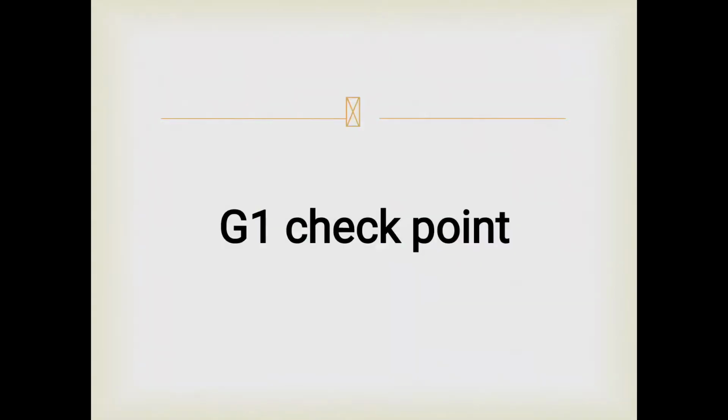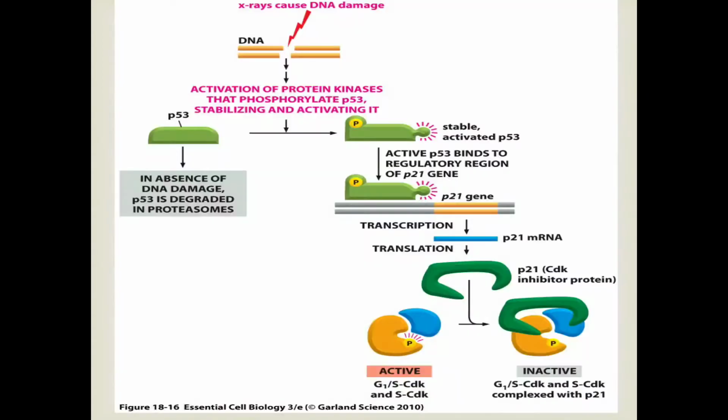clear. And in G1 checkpoint, G1 checkpoint ਦੇ ਵਿੱਚ ਕੀ ਹੁੰਦਾ ਵਾ ਅਗਰ ਕੋਈ ਵੀ ਕਮੀ ਆਉਂਦੀ ਹੈ, G1 checkpoint ਦਾ ਕੰਮ ਕੀ ਆ ਕਿ ਅਗਰ ਕੋਈ ਵੀ ਕਮੀ ਆਉਂਦੀ ਹੈ ਲਾਈਕ DNA ਡੈਮੇਜ ਵਗੈਰਾ, ਅਗਰ ਹੋ ਰਿਹਾ ਬਾਈ ਐਨੀ ਕਾਈਂਡ ਆਫ ਐਕਸ-ਰੇਜ਼, ਸੋ ਉਹ ਕੀ ਹੈ that will activate the protein kinases that phosphorylate the P53, stabilizing and activating it. ਤਾਂ P53 ਨੂੰ ਕਹਿ ਲਓ ਕਿ ਉਹ ਐਕਟੀਵੇਟ ਕਰ ਦੇਣਗੇ by phosphorylation, ਠੀਕ ਹੈ. And here this P53, ਜਦੋਂ ਕਹਿ ਲਓ ਕਿ DNA ਦਾ ਡੈਮੇਜ ਨਹੀਂ ਹੋਇਆ ਹੁੰਦਾ ਹੈਗਾ ਤਾਂ P53 is degraded in proteasomes and there is no activation of the P53. ਬਟ ਹੁਣ DNA ਡੈਮੇਜ ਹੋ ਰਿਹਾ ਵਾ ਸੋ DNA ਡੈਮੇਜ ਨੂੰ ਪ੍ਰੀਵੈਂਟ ਕਰਨ